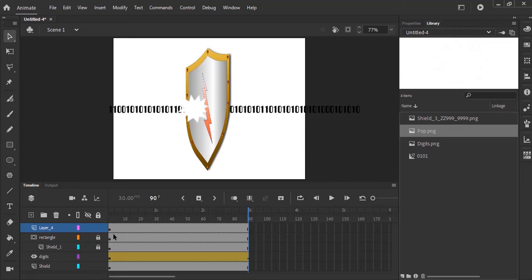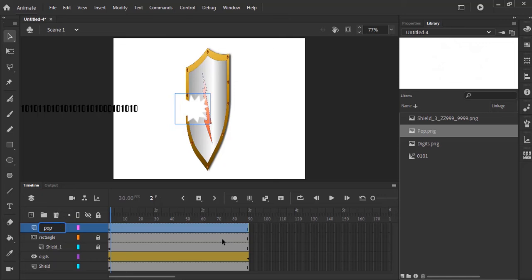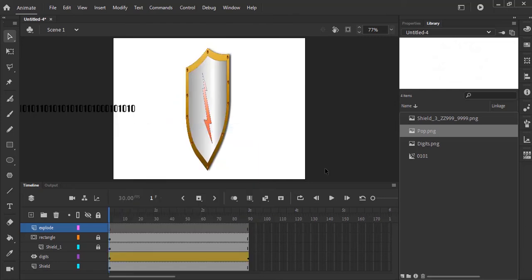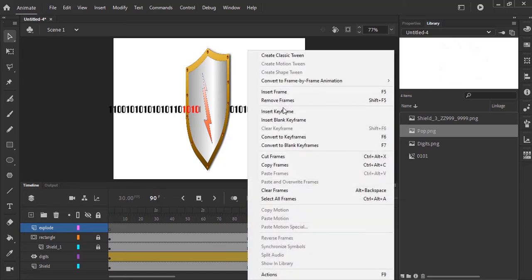And the pop must begin from the 3-second mark. So I'm going to select the layer, let me rename it to pop or explode, and then select the keyframe that has been created here by default, and then clear it. So when we clear it, you see it's no more there. We want it to appear here at this point. So at this point you can say insert keyframe,